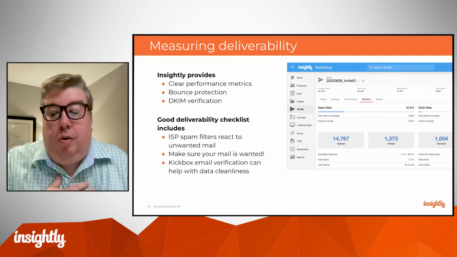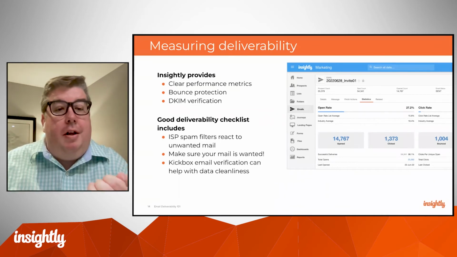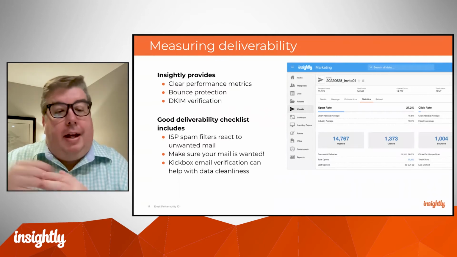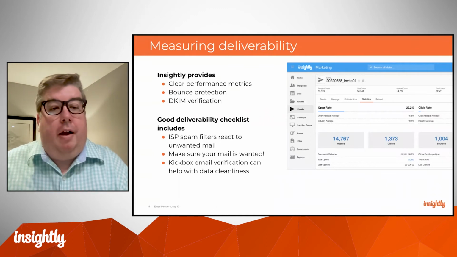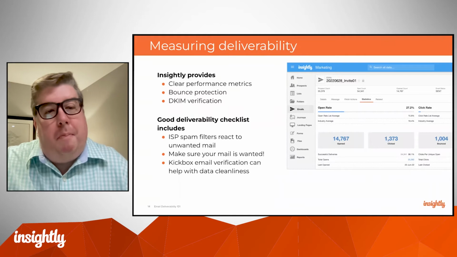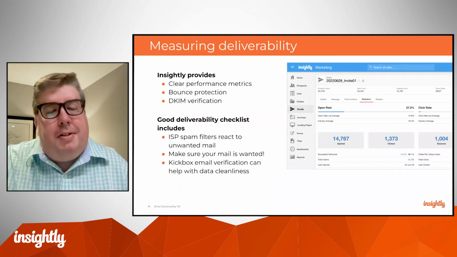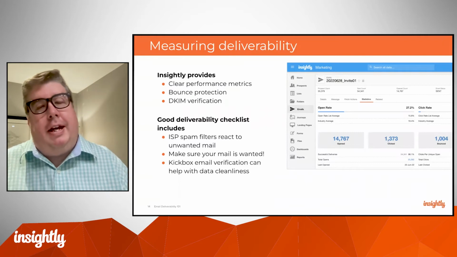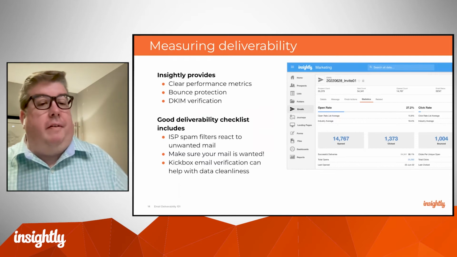And things you can do to sort of measure and improve deliverability is use an email verification tool like Kickbox verification, so that you can ensure that your data upfront is validated upon entry. Even some people integrate that into a sign-up process so they give live feedback to try to keep bad addresses out of the way. And then use a testing tool like Kickbox's deliverability suite, an inbox placement tool, for example, that'll help you better measure, are you specifically getting to the inbox or not at these different internet service providers? And that's all key. These are all technical tools that are meant to address sort of a marketing problem. The key here is send wanted mail. If you're sending wanted mail, that is the best way to minimize your chances of deliverability issues.